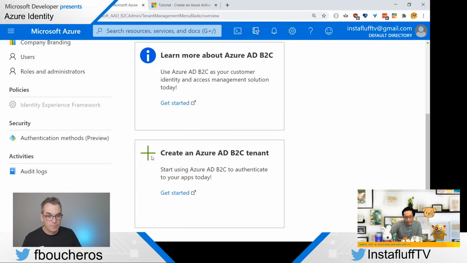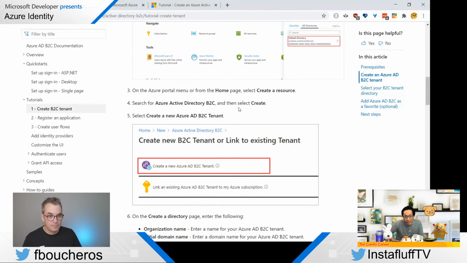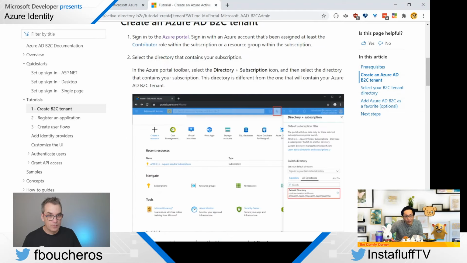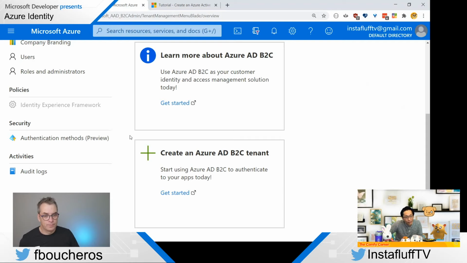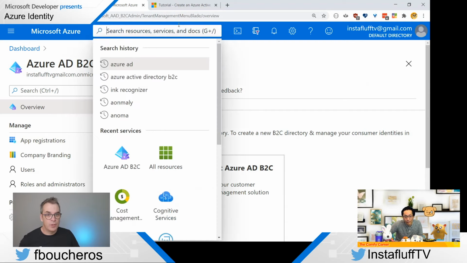It's supposed to be this one. I've done this before, and I can't remember. Let's see, it's B2C, and then select create. I did create. You want to create a principal?